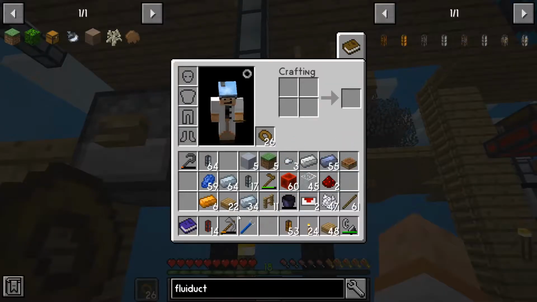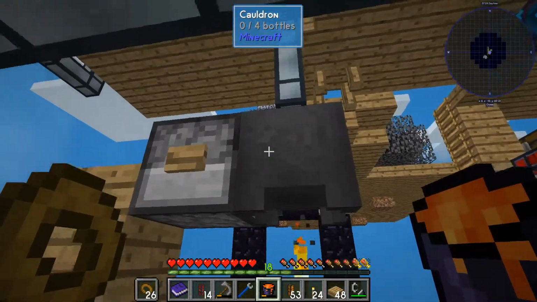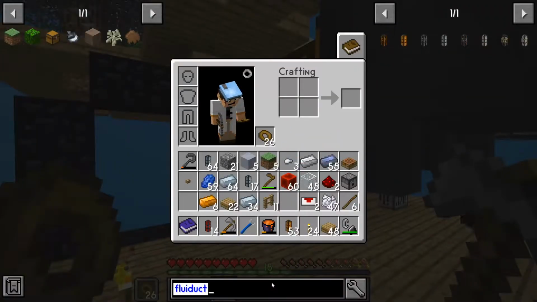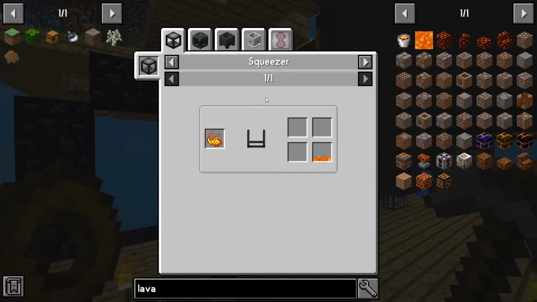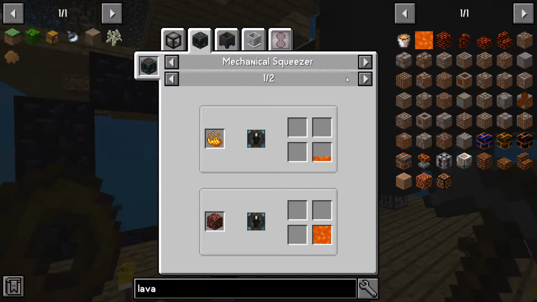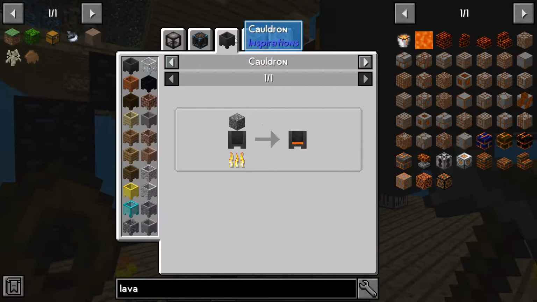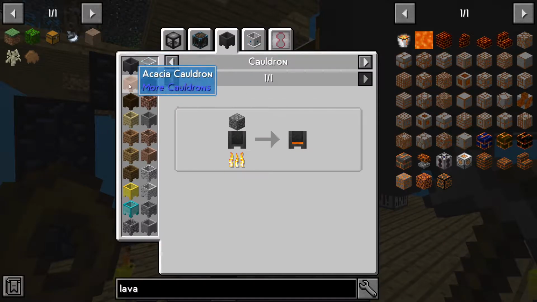That's actually full. Where's my bucket? Nope, that doesn't work. Okay. This is annoying. Alright, let's look at ways to make lava. Put a blaze powder in a squeezer. Mechanical squeezer, we can squeeze magnet, right? Cobblestone in a crucible. Great, well, that would be lovely and all. But how? And it should work with this cauldron, so...